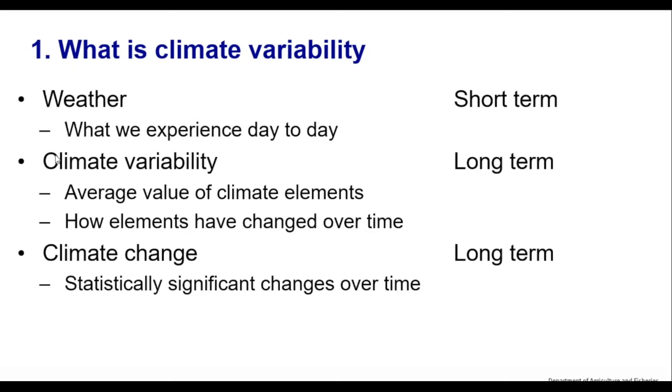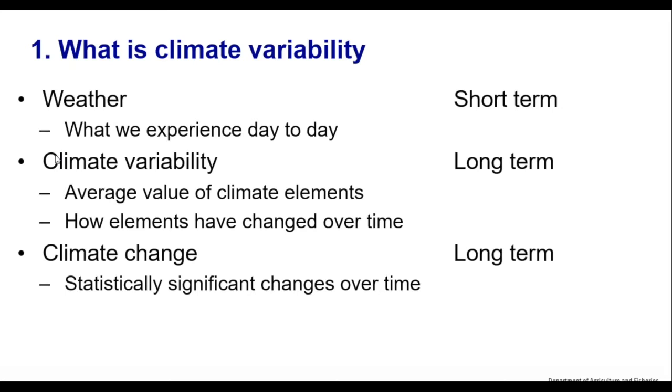It's more long term, and oftentimes it's averaged so that you can actually get an idea of the trends. And it's how those elements, whether it's temperature, humidity, max daily temperature, minimum daily temperature, or whatever happens to be most relevant,